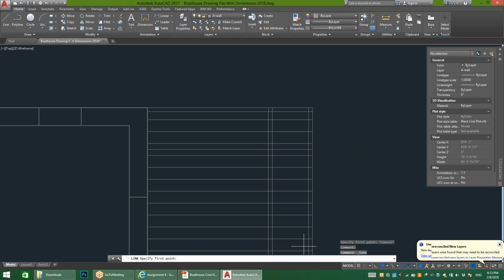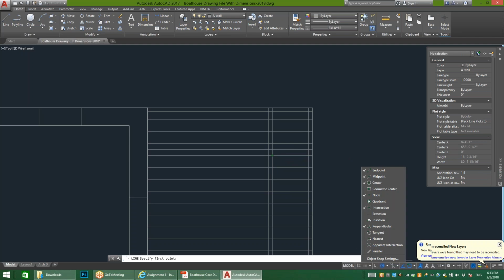So let's try, is intersection marked? No, haha, maybe that's why. Turn on intersection, much better. All right, so make sure intersection's on under your snaps in the bottom right-hand corner because we need it to